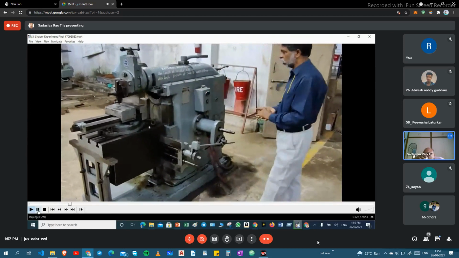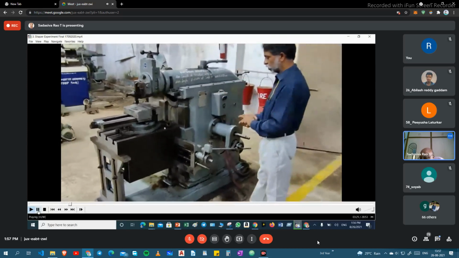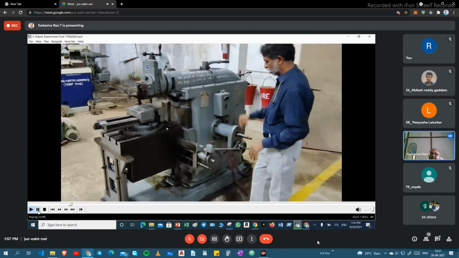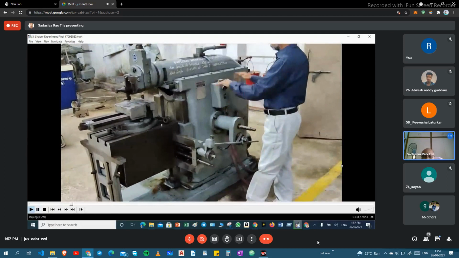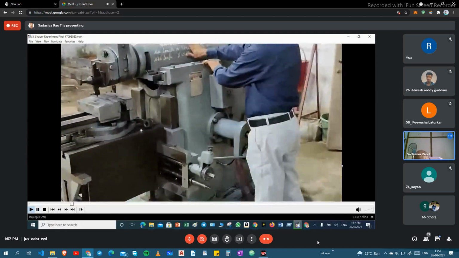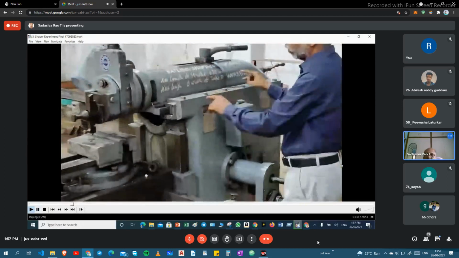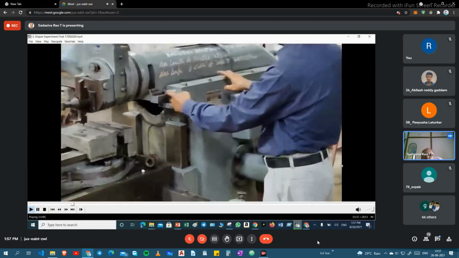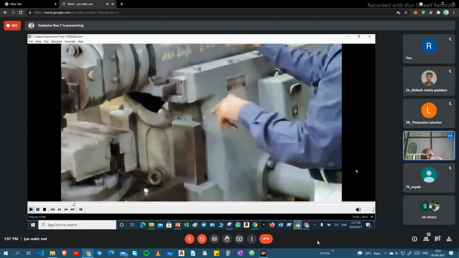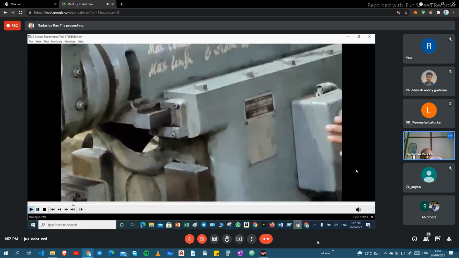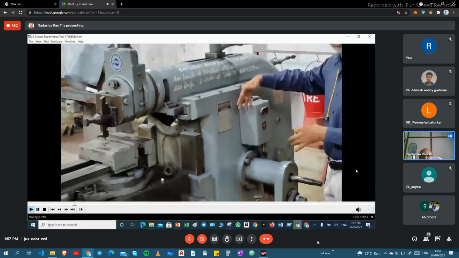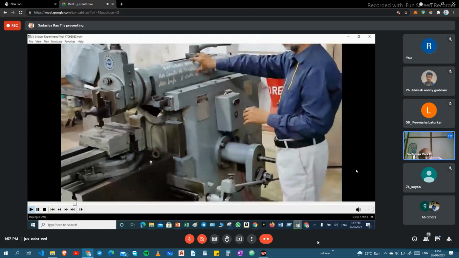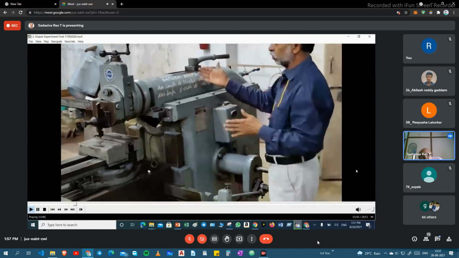Okay, let's see the main parts of this shaping machine. First, the column is the original driving mechanism. On the column, the ram slides on the base on the top of the column. The ram will be connected to the quick return mechanism. That's connected to this ram. The control thread part here, this is the